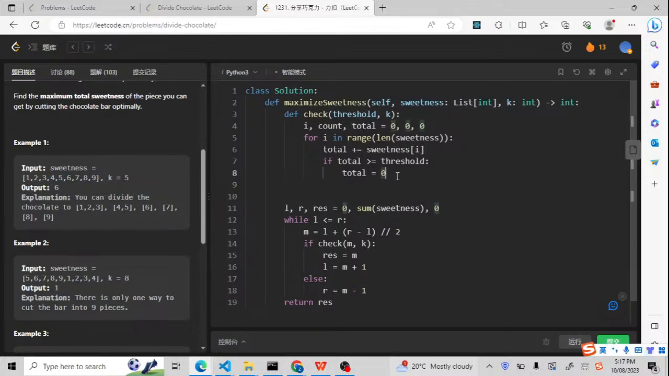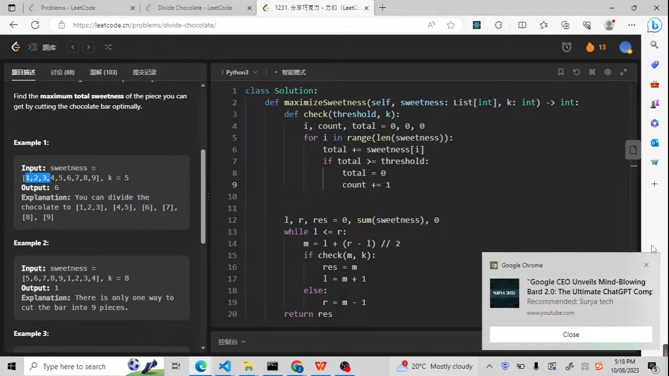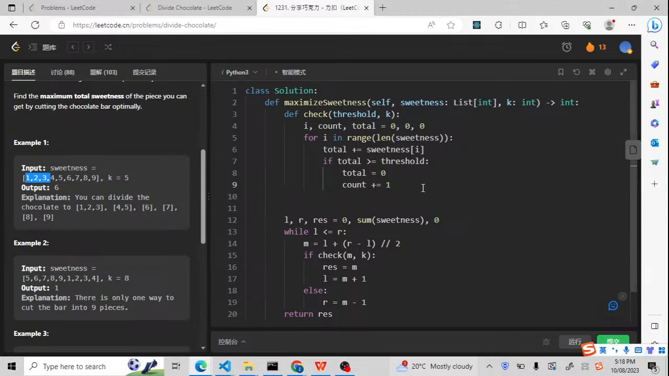So what about the count? So the count should be +1 because we find one part, one piece. Yeah, so this is okay. We find one piece. Now we are going to go to the next. So the count should +1 and